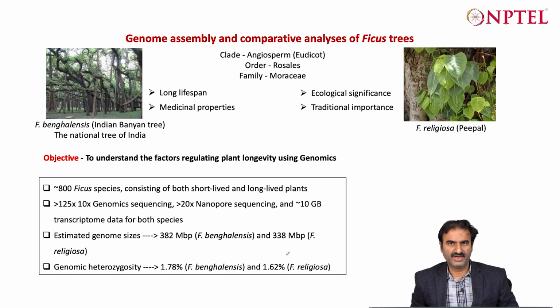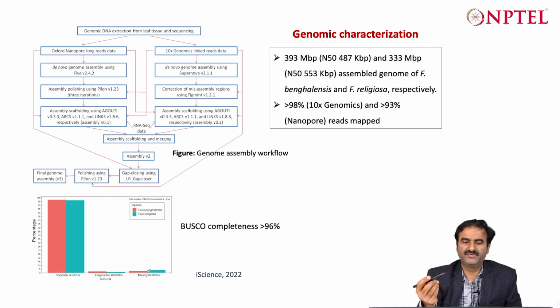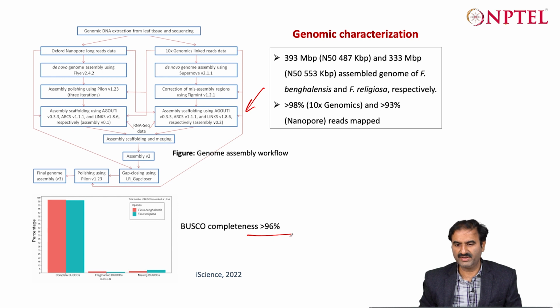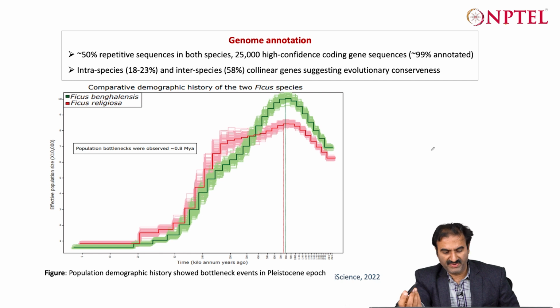Similar was the case for ficus trees, either the peepal tree and banyan tree, that were not known earlier. Sufficient amount of sequencing, estimation of heterozygosity, estimation of genome size, a flow chart for the method that you have used, BUSCO completeness more than 96%. Then one PSMC plot, which could also be one of the inclusions, shows that at this point there was a sudden decline in the population, where you can estimate at what point of time that happened,